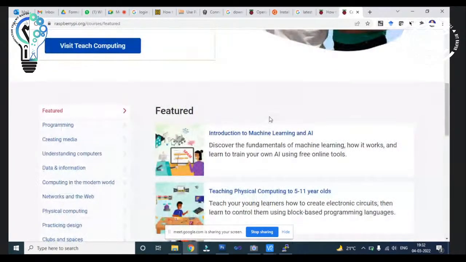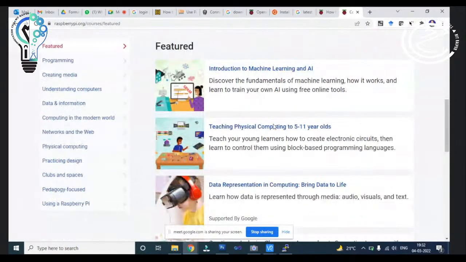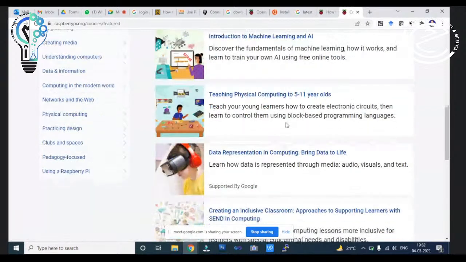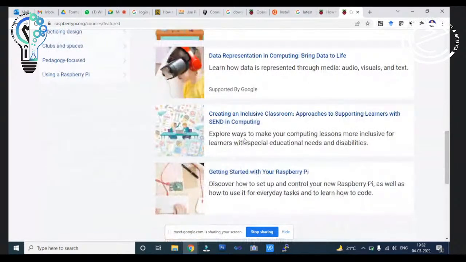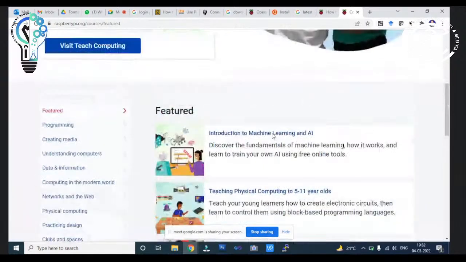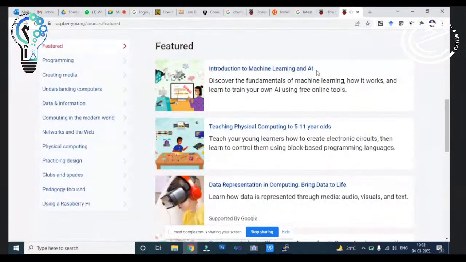So you can take the online courses, machine learning and AI, right? Teaching physical computing to 5 to 11-year-olds. So the Raspberry Pi gives you the opportunity to be a faculty on this platform, and you can also learn so many things in the Raspberry Pi, like programming, machine learning, artificial intelligence, computing, cloud computing, right?